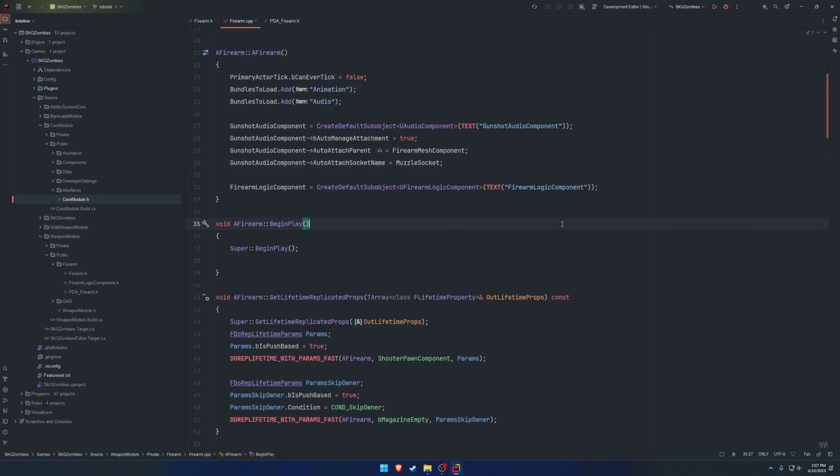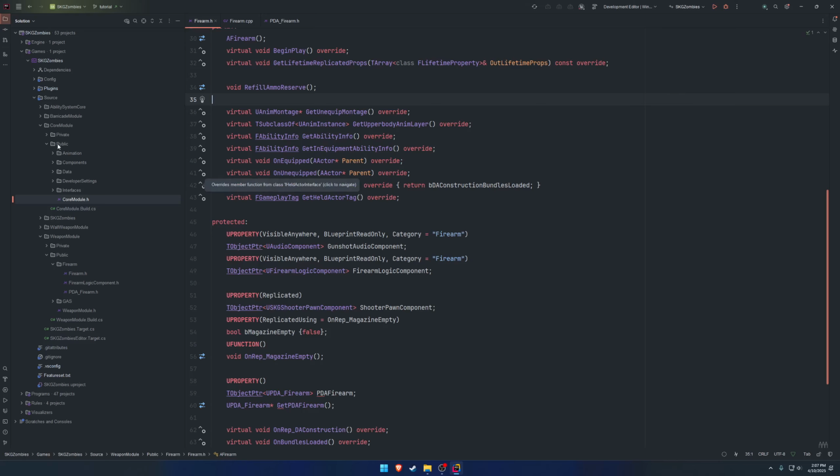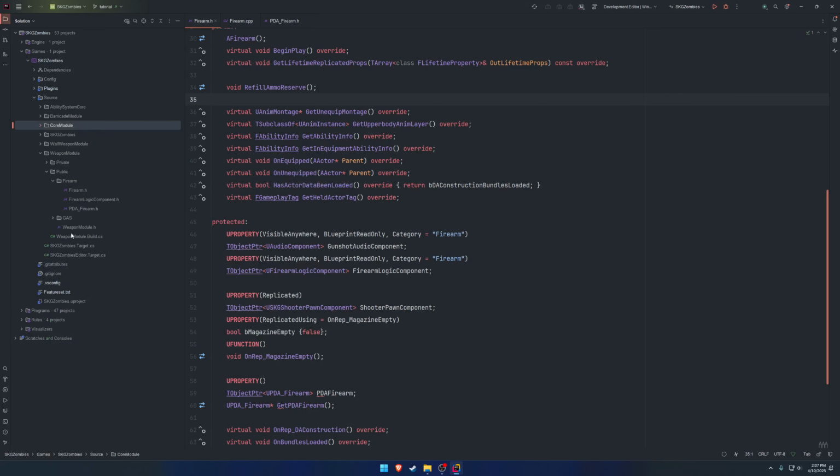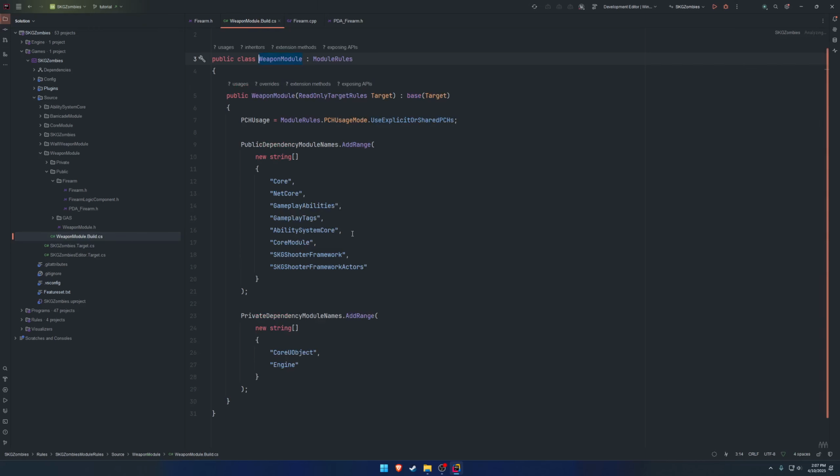In this video, I want to do basically the exact same thing that we did with the gunshot audio and have a gunshot particle effect. So this is going to be things like muzzle flash and that sort of stuff. To begin, we first need to go to our weapon module .build.cs because we need to bring in